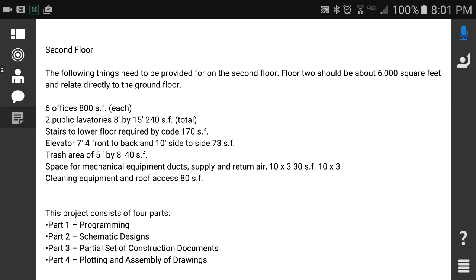Second floor. 6 offices. Got them. 2 bathrooms. Stairs for egress. Elevator. I need a trash area. Ducting. And cleaning and equipment. So trash